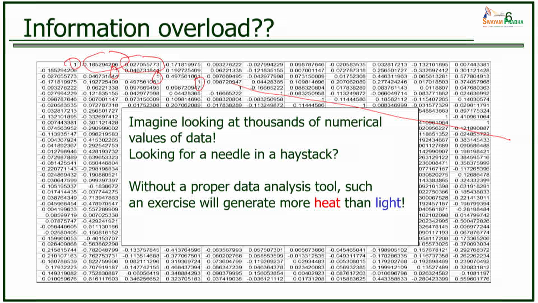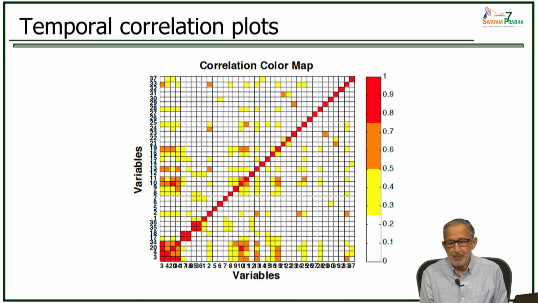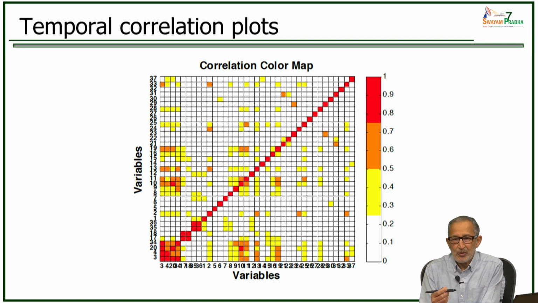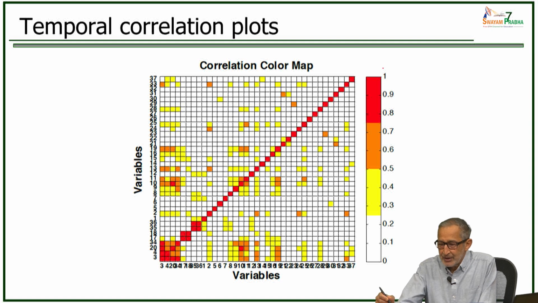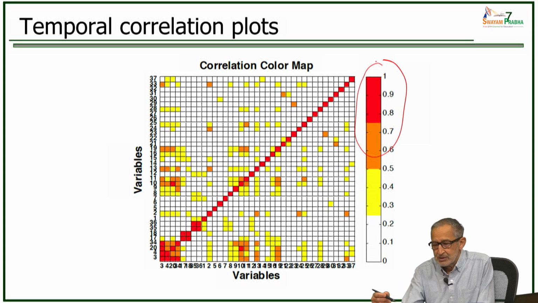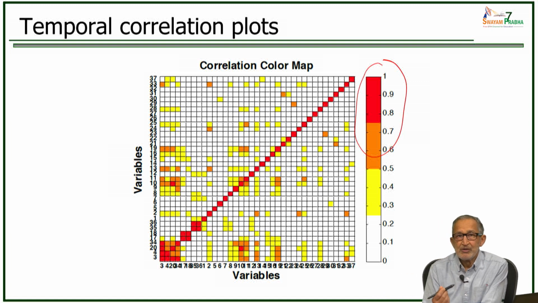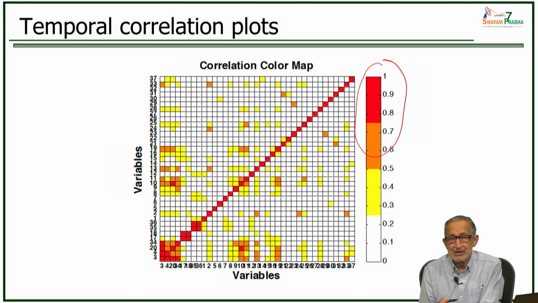What you can do, though, is convert these numbers into colored pixels, and we've done that here. We've converted all of those numbers into colored pixels, and we've obtained the absolute values of those correlation coefficients. So whether the correlation coefficient is negative or positive doesn't matter. We just want to look at which variables are most highly correlated with others in the absolute sense. And here is the scale. The scale here with the red and the orange colors shows variables that are most highly correlated with others in